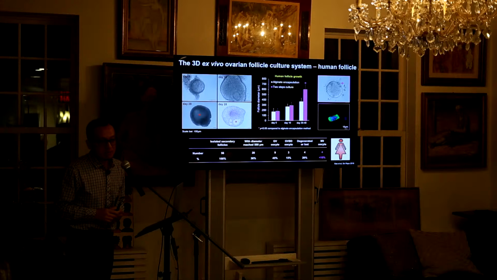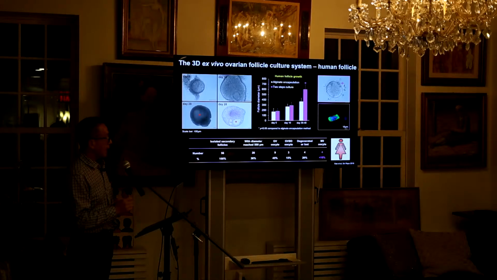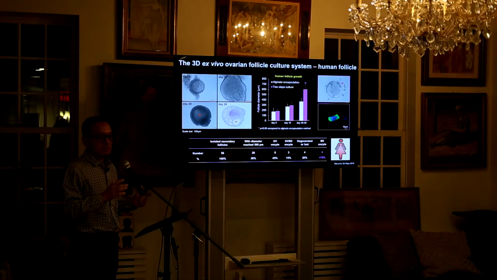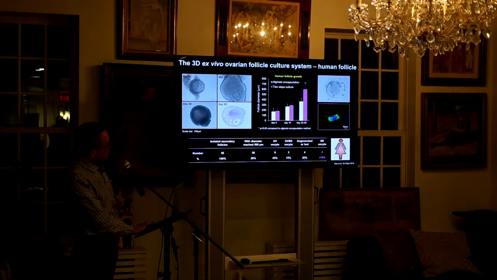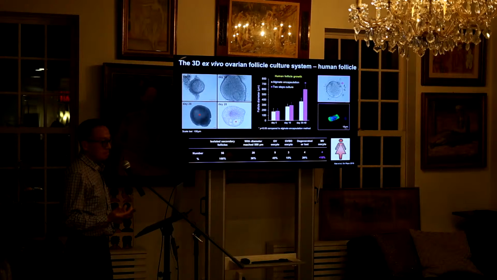Whenever a young female cancer patient wants to preserve their fertility, they will do the surgery and remove their ovary, and 20% of the ovary comes to me. I was the point of contact in Chicago to receive the ovary, and then I isolated about 56 secondary follicles and used the same method to culture them. It takes much longer, usually about 30 to 40 days, and the success rate is pretty low. We only got 4 M2 oocytes, but that's still the first M2 oocytes ever from cultured follicles. But the success rate is only 10%.